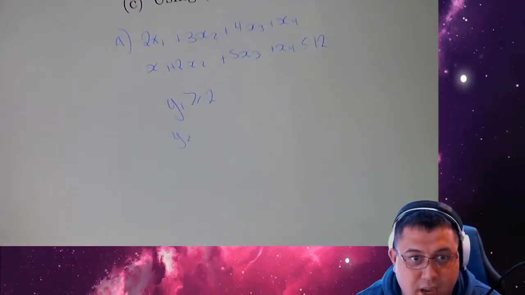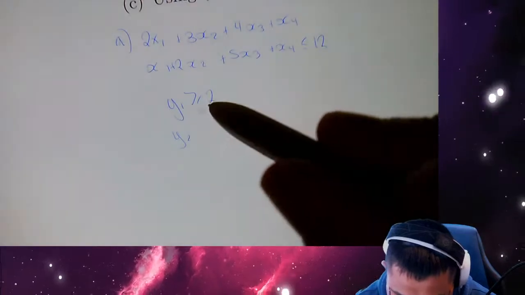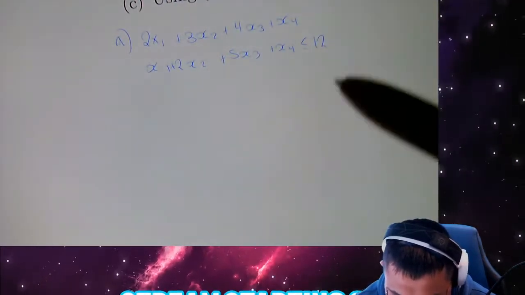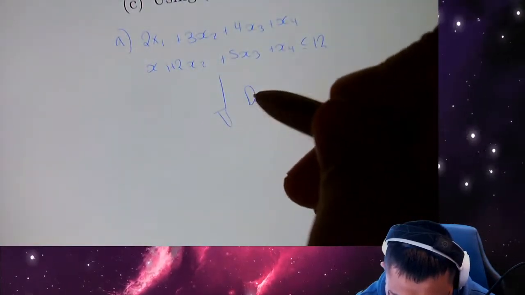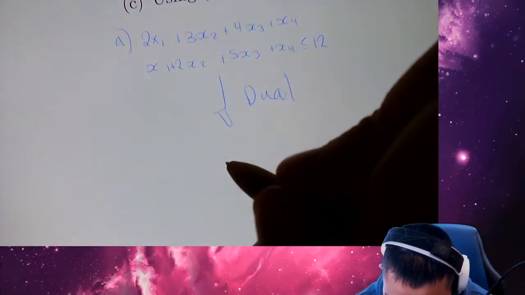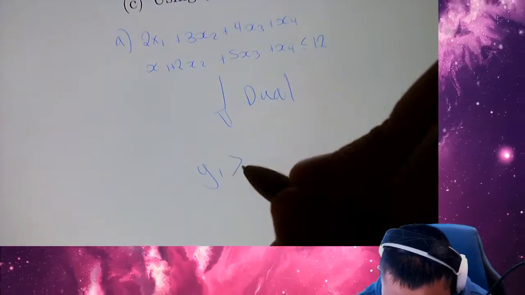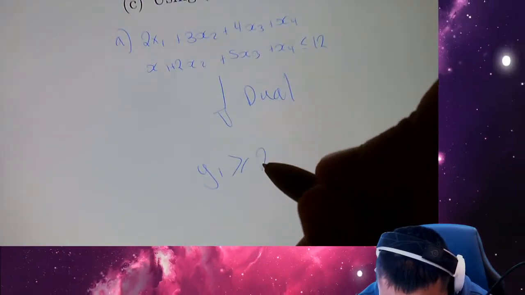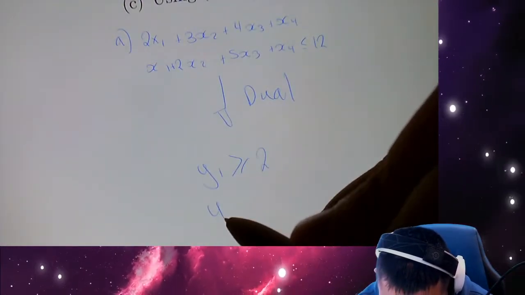Here we go. Okay, so we're going to turn this into a dual problem. So, dual. Okay, we want the dual. What this is going to become is y1 is greater than or equal to 2, y2